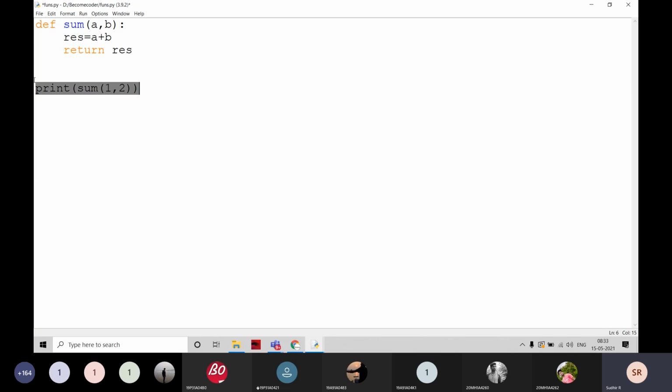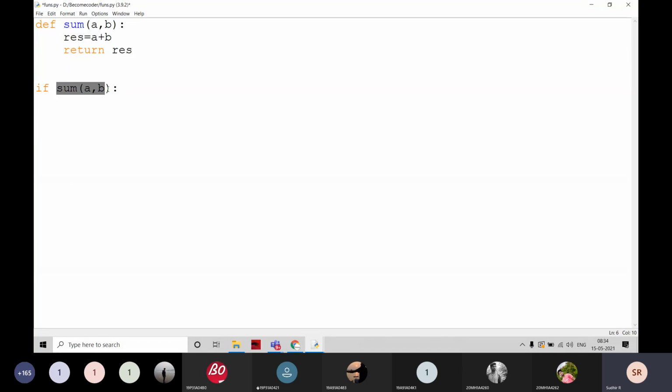Sometimes the function call works as a condition of an if or while. I am going to write like this: if sum of a comma b. At this time also the function has a return value. If the value is there, then only it is going to be checked whether it is true or not, right?